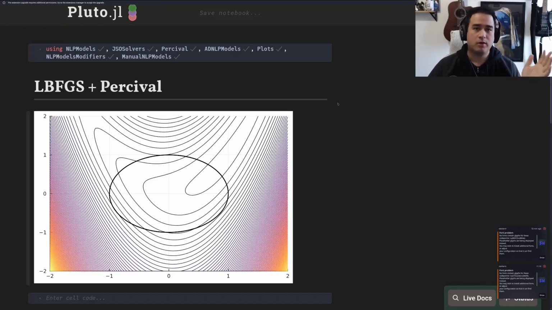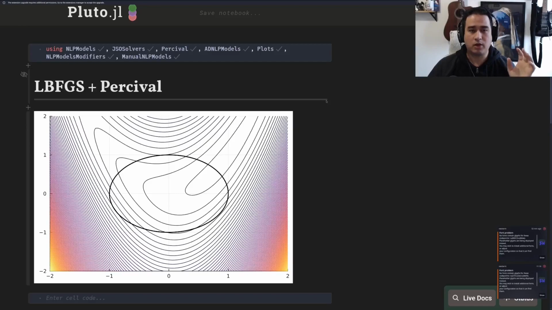So first of all, Percival is a solver that was developed some years ago. It's an augmented Lagrangian solver using second order information, and internally it uses the solver Tron, which is a second order solver, but for bound constraint problems or unconstrained if you don't have bounds. The idea being that you transform the constraints into some kind of penalization, which is the whole idea of augmented